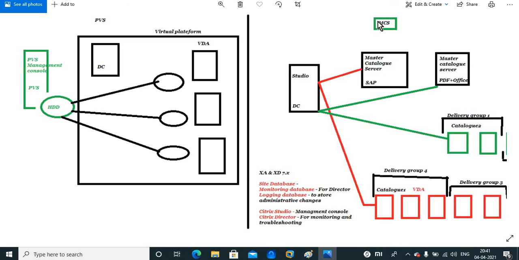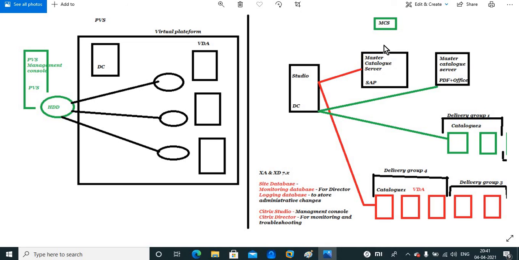If your data centers are in multiple locations, then MCS will always give you latency. If you created the MCS environment in the US location, then the UK will access these applications with some delay. Second thing, MCS is supported with the cloud environment, but PVS doesn't support the cloud. PVS is for disk virtualization, and MCS